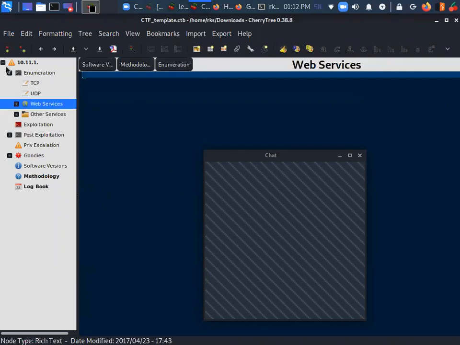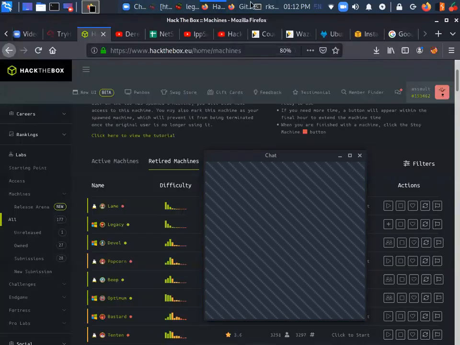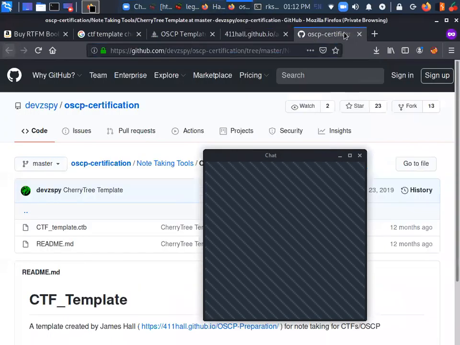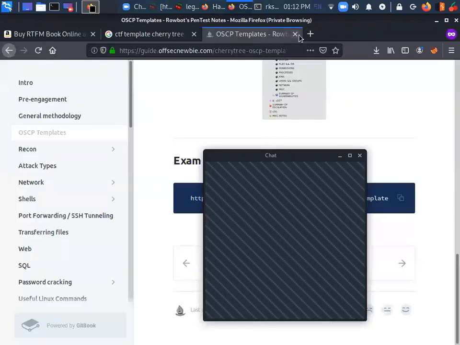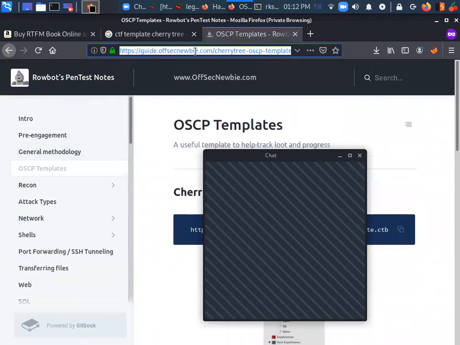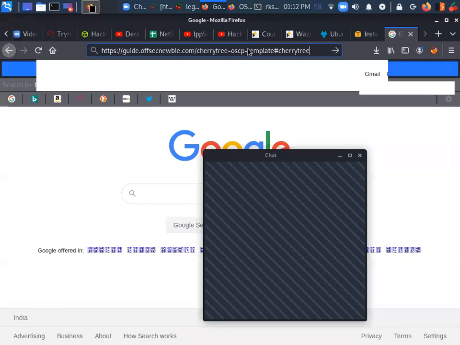So that you can create your own notes and arrange them in an orderly fashion. Okay, it's a good website. I'll keep this one for my reference.